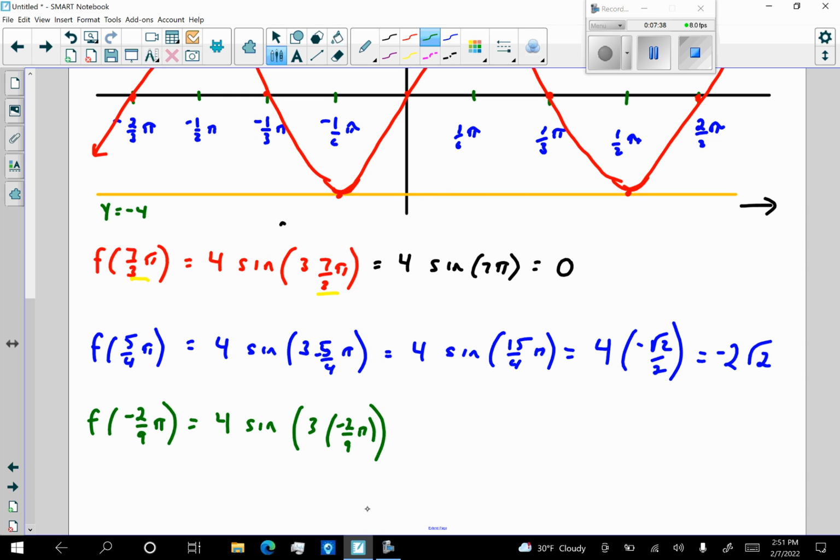3 times negative 2/9, the 3's cancel, is negative 2/3. So this is going to be 4 times the sine of negative 2/3 pi. Oh my goodness, that particular value is already on the graph, is it not? That particular negative 2/3 pi,